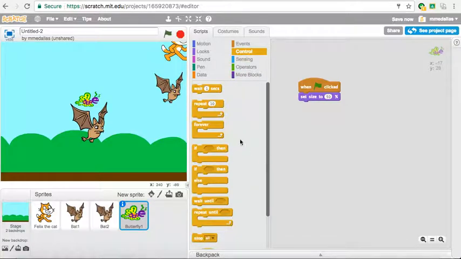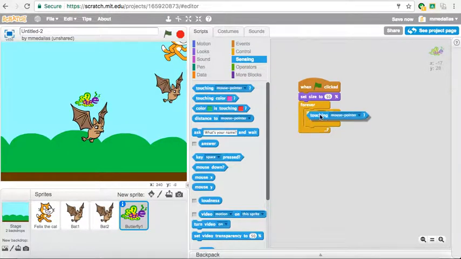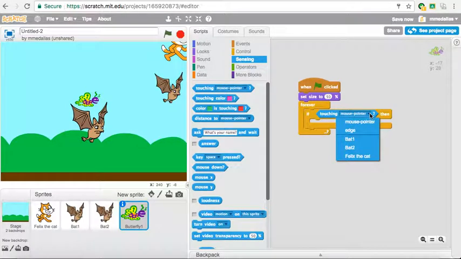All right, so when the game starts, he's got his size. I'm going to add in my controls now. So I'm going to, again, add in a forever loop. And what I want to do then, let's see, I'm going to choose an if-then again. So I'm going to have my cat collecting these butterflies. So I want to say, well, if my cat touches it, we're going to get some points. So I need to choose a sensing option. So this time if it touches the cat,